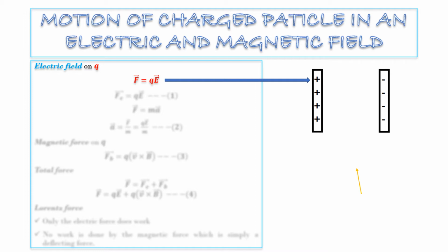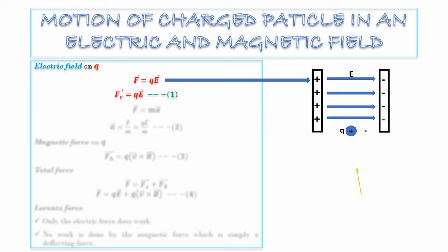So here we take two plates, one with positive charges and another with negative charges. What happens? There are electric lines of force starting from positive to negative. This represents the electric field. So there is a charge plus Q, and a force will act on the plus Q charge. So now the positive charge will start to move from the positive end to the negative end. So force Fe equal to QE.